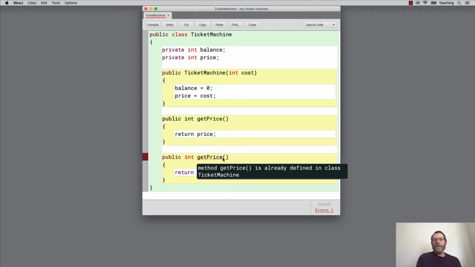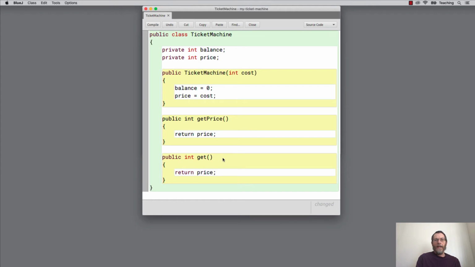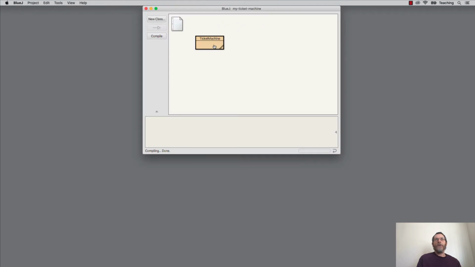So let's revise the name of the method and call it getBalance. We check that the return type matches the type of the balance field, which it does, so I don't need to make any change there, but I do need to change which variable is being returned, and instead of returning price, I want to return the value of balance. So let me compile now, and everything's okay,